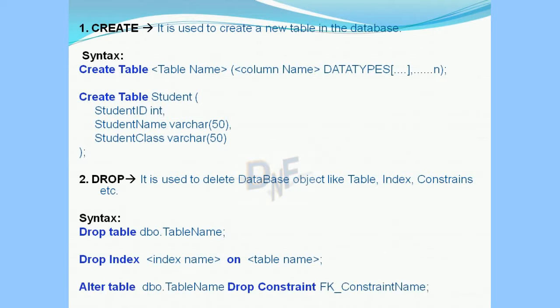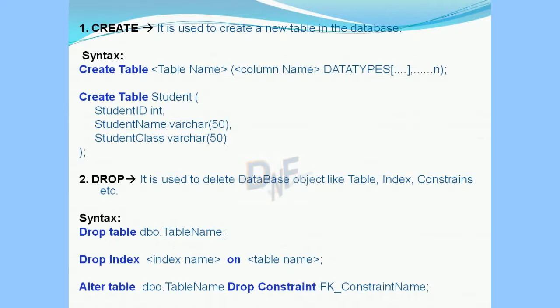Third simple example, if you want to drop a constraint from the table. For example, a table can have multiple constraints, like a foreign key constraint, a primary key constraint, and other constraints. But if you want to drop or delete these constraints, you can use the drop command. For that you just type alter table name, drop constraint, and put the constraint name.